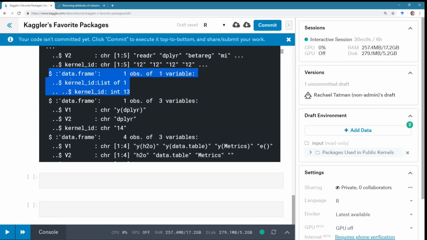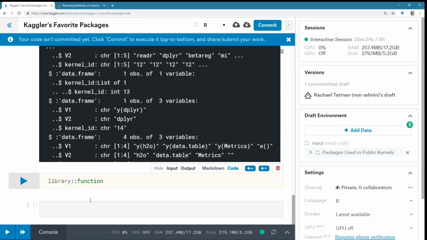I know what's wrong. Okay, so I grabbed kernels that had the word library in them, but some of them didn't import things using the library or require function. Some of them use the double colon syntax to get specific functions from the library.